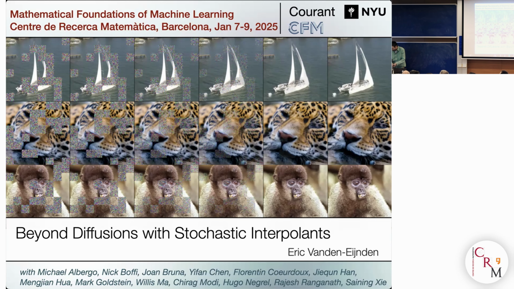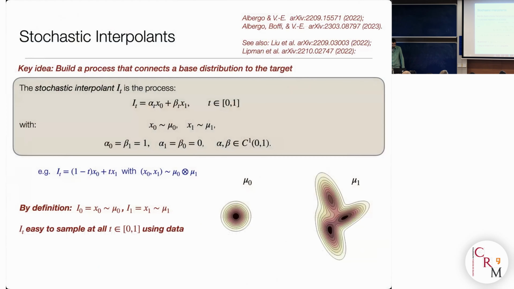Okay, so the first few slides I'll go very quickly because you have seen them many times, so I don't want to bore you again with this. But what are these? There's this concept of stochastic interpolant that's also called flow matching. In fact, flow matching is more prevalent as a terminology these days. And it was also called rectified flow in three papers that appeared at the same time.